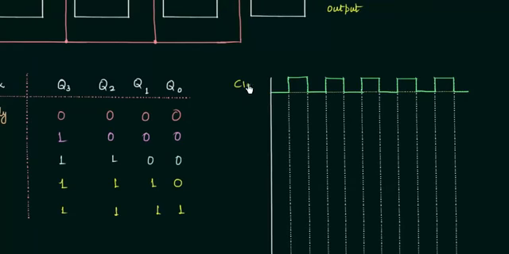Let's try to complete this waveform. This is my clock. This is the first falling edge, second, third, and fourth, and D in was my data input. Initially it was low, then we have high throughout because it was equal to 1 1 1 1. For the first clock pulse it is high, then again high, then high, and finally we have our MSB. Now we will find out the outputs. Q3, Q2, Q1, and Q0 were initially 0, so I will make them low.